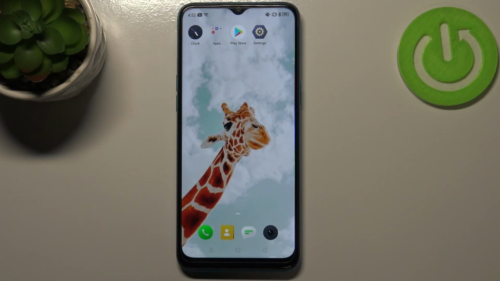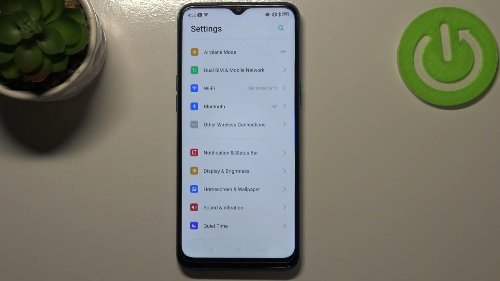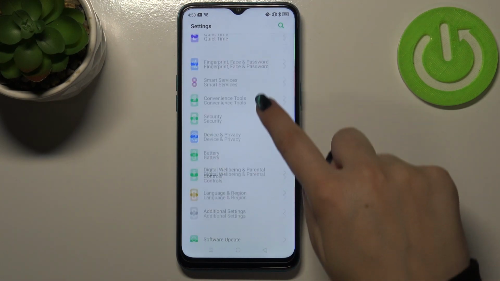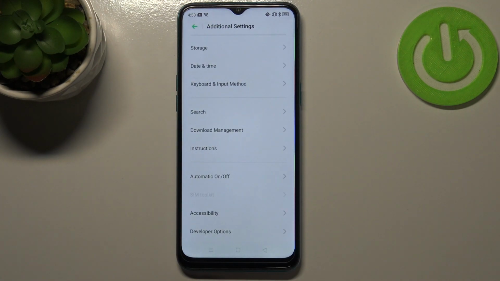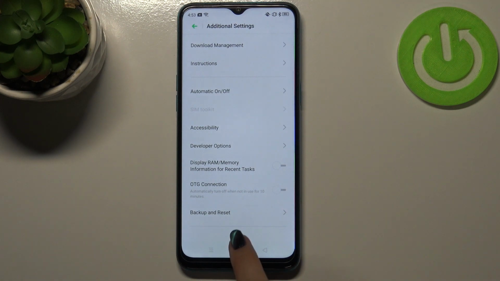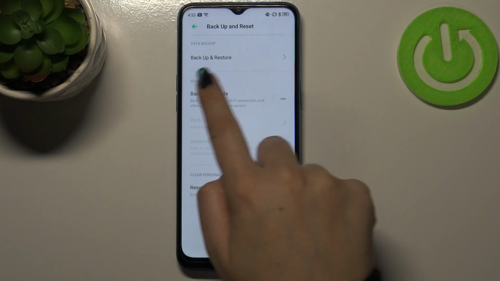Hi everyone, in front of me I've got a REALME 5i and let me share with you how to enable Google Backup on this device. So first of all, let's enter the settings, and here we have to scroll in order to find additional settings. Now let's scroll down to the very bottom and tap on Backup and Reset,